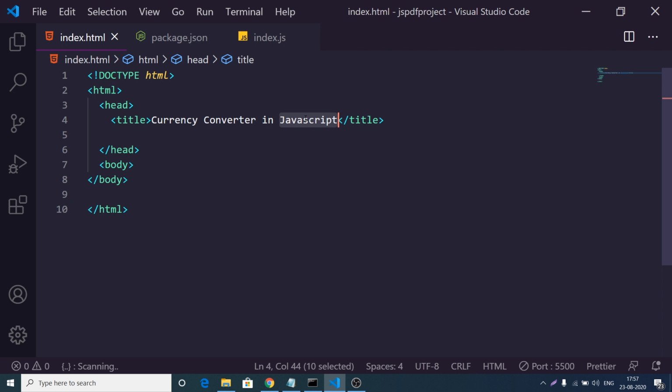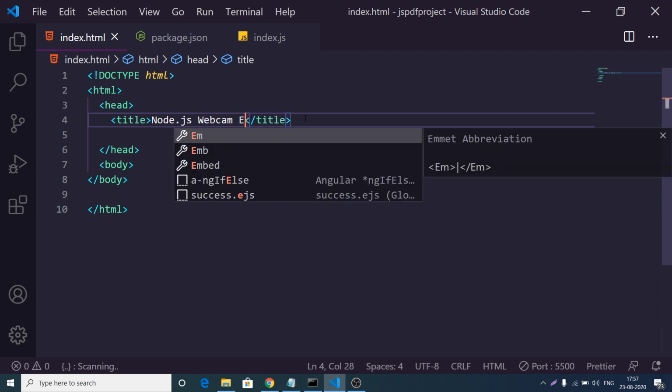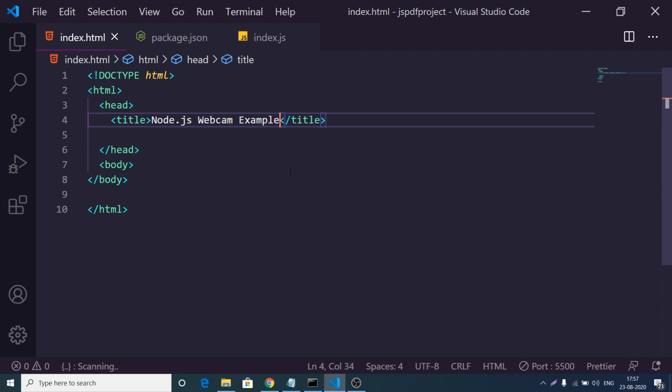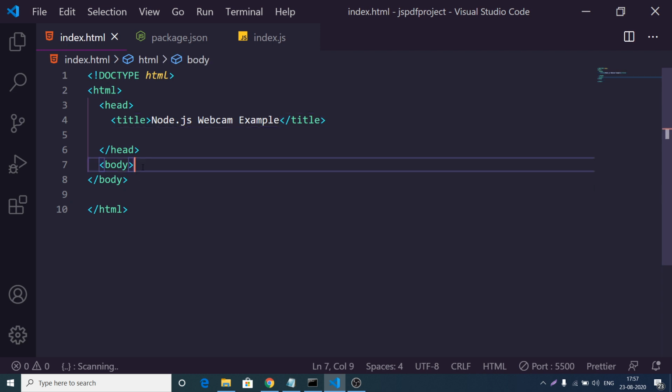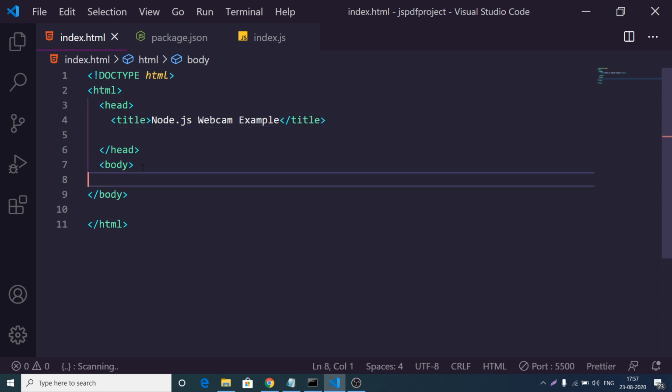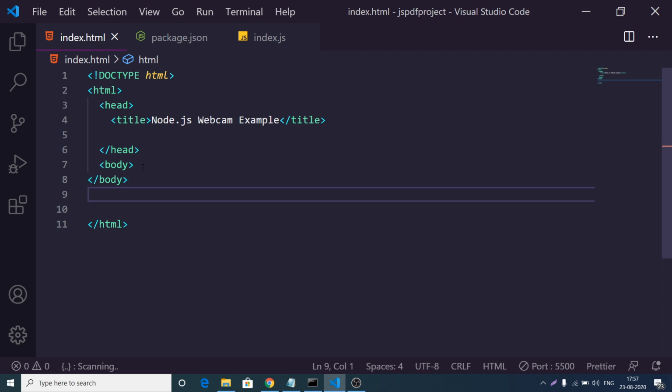Let me give it a simple title, Node.js webcam example. Right here we need to include a script file which will get automatically included once this browserify command runs. I will name my script bundle.js. You can name it anything of your choice.